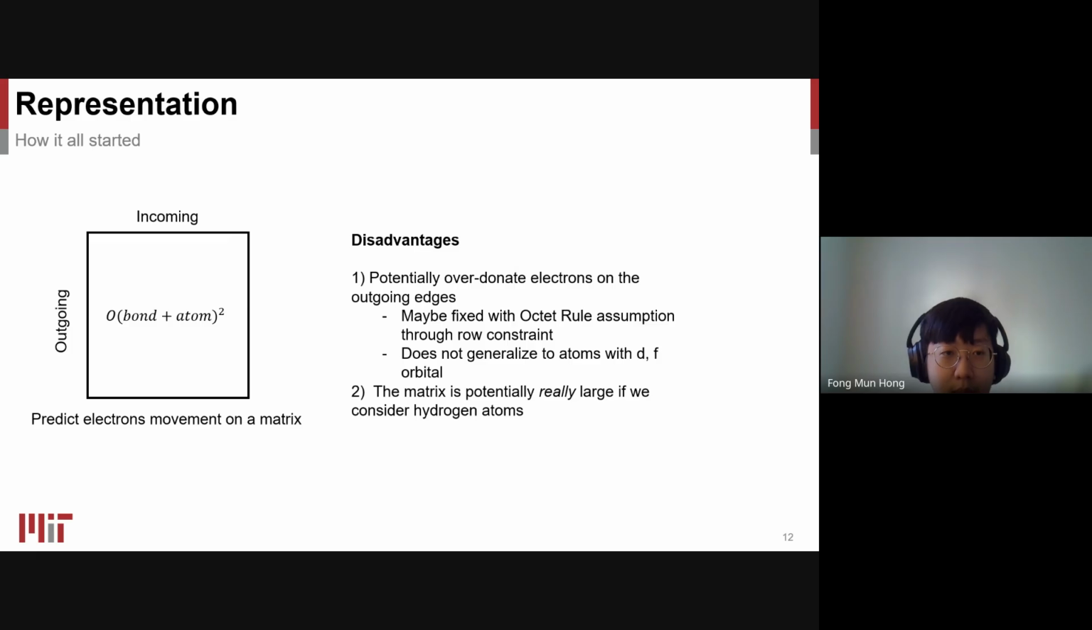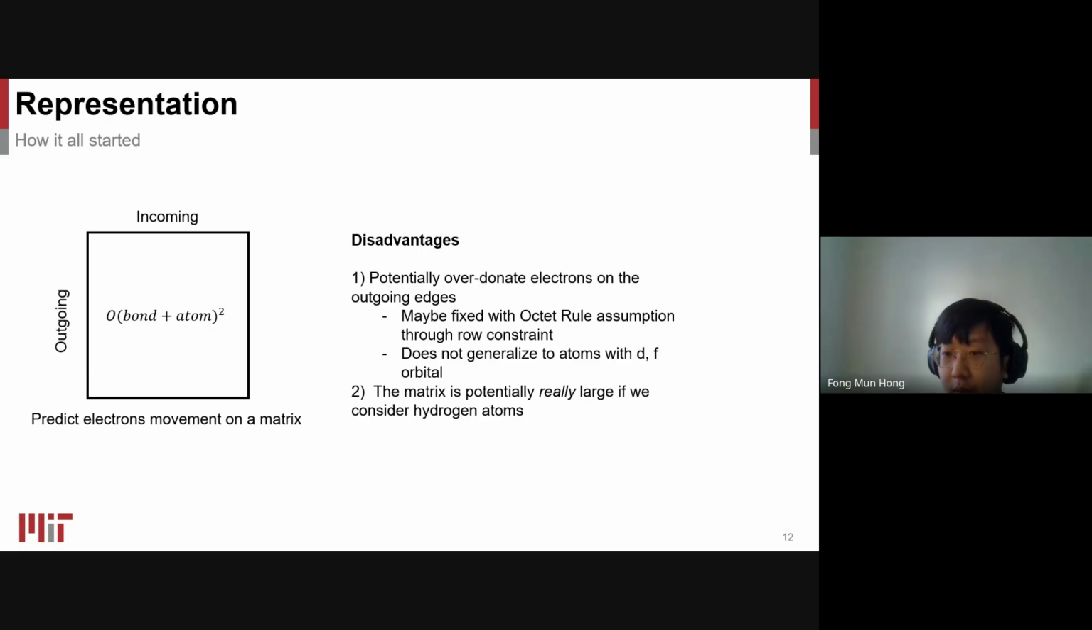So we thought, maybe this might be a good representation, but after a deeper discussion and trying to identify potential problems, we found there are cases where the outgoing edges start over-donating electrons, and then the incoming edges will be receiving too many electrons. So in some way we could say, let's just fix it using the octet rule assumption, right? You just constrain how many electrons you can donate. But